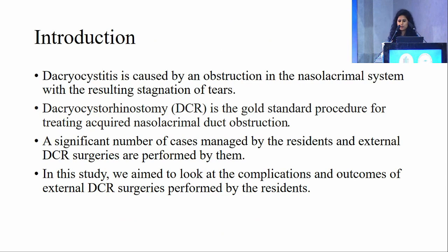Dacryocystitis is caused by obstruction in the nasolacrimal system with the resulting stagnation of tears. Dacryocystorhinostomy is the gold standard procedure for treating acquired nasolacrimal duct obstruction. A significant number of cases are managed by the residents and the external DCR surgeries are performed by them. In this study, we aim to look at the complications and the outcomes of external DCR surgery performed by the